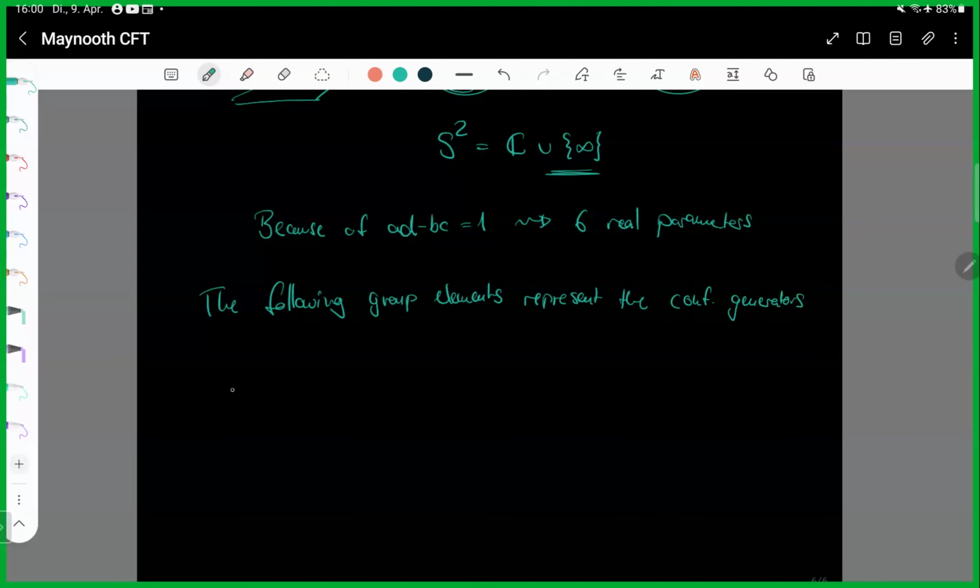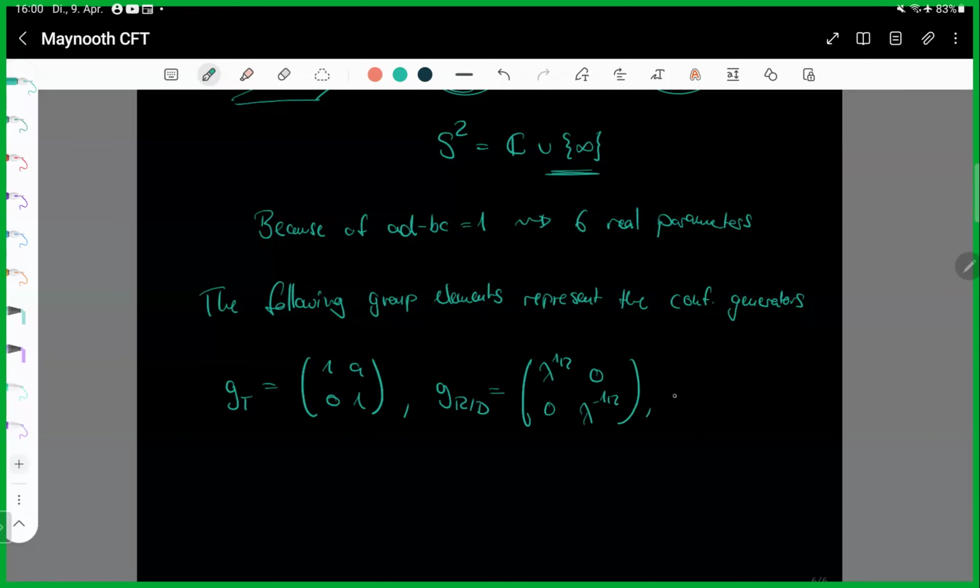And those are, for the translations, for those of you who are unfamiliar with this, just go and check this. For the rotation and the dilation, you have this matrix, and for the special conformal transformation, we have,